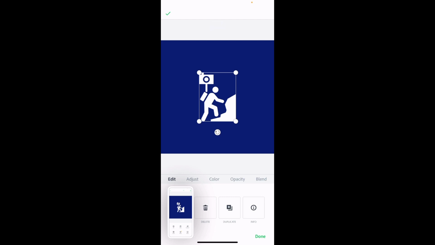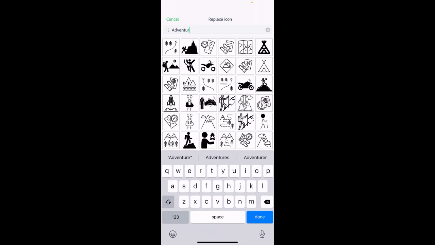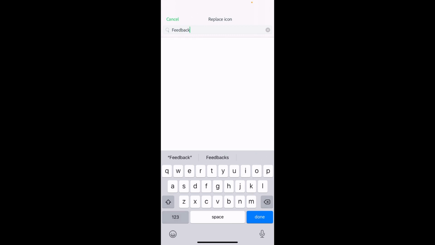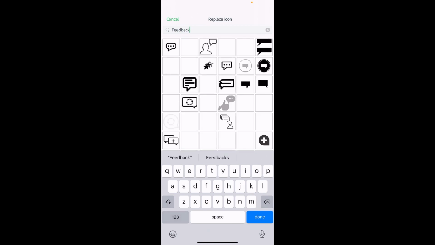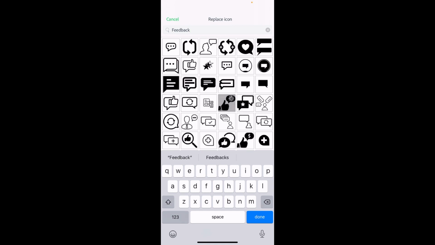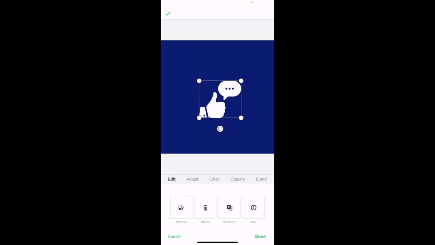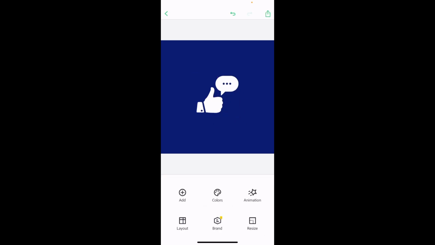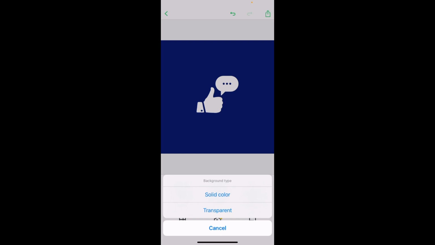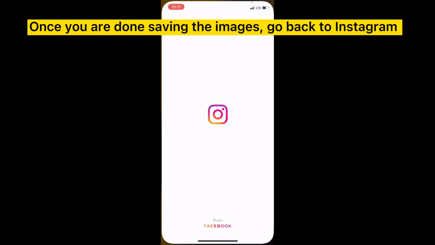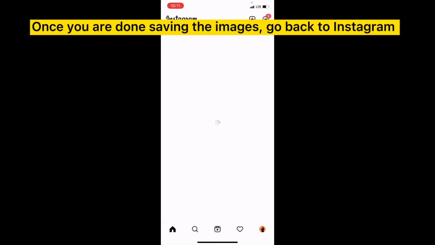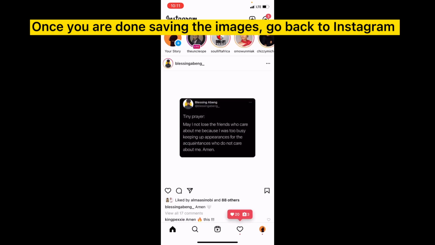Then let me replace this again. Let me put, what other thing do I want to put? Feedback. Let me see if there's anything that will come up for feedback. Okay, so let me use this, right? So that's just it. So I save it, and then I begin to do the things I want to do. All right, so